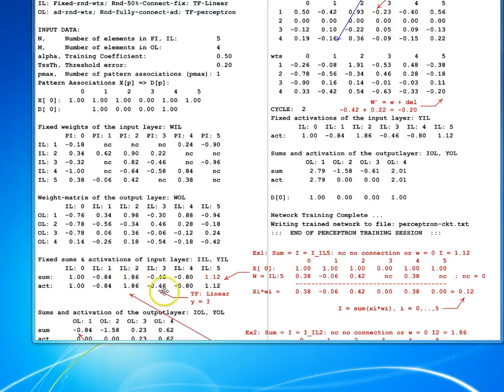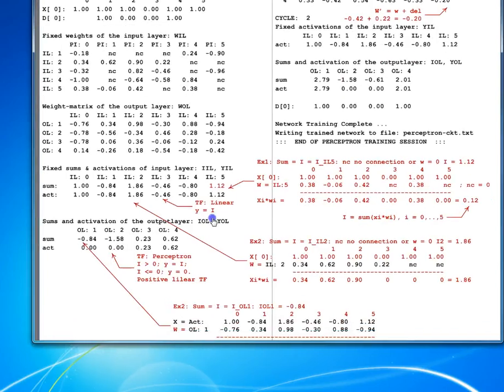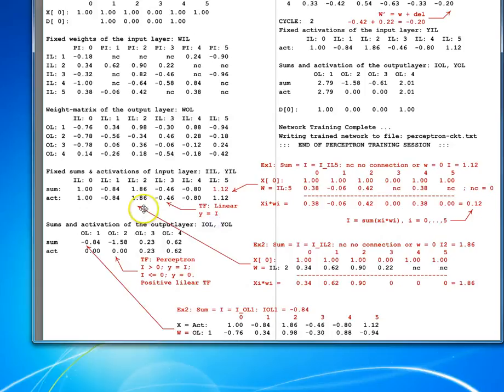Similarly, again, for the input layer, the transfer function is linear. What it means is I equal to y. That means if it is 0.84, that's going to point out I equal to y. That's I equal to y, I equal to y, I equal to y. So there is no transformation done on the activation function. So similarly, if you have another example here, if we take the element number 2, I2, to get this value,